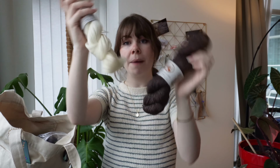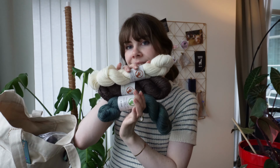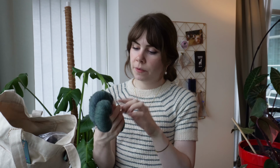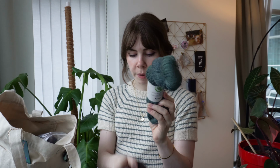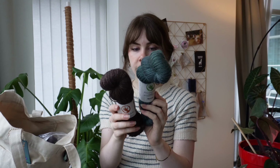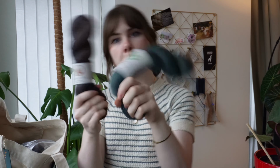So it's a bit smaller, but I think for the cowl, the main color, I just need this much yarn. Just the blue is different. It runs 437 yards for 400 meters. This is the wool and mohair one. So this one is a little bit longer, and a little bit more floopy, if you can tell. It's really interesting how certain yarns hold their ground and some just like...